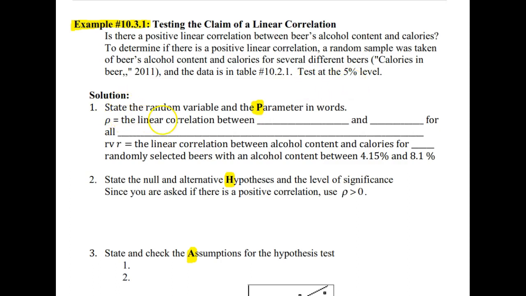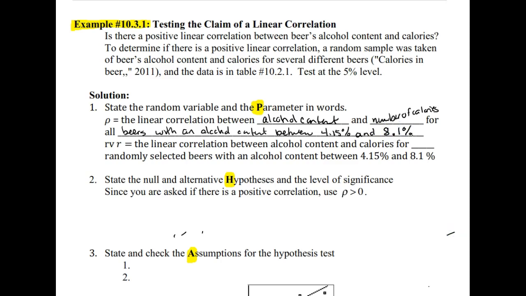So step one, we're going to state the random variable and the parameter in words. Our parameter here is going to be the linear correlation between alcohol content and number of calories for all beers with an alcohol content between 4.15%, because that was our x min from the data, and 8.1%, because that was our x max in the